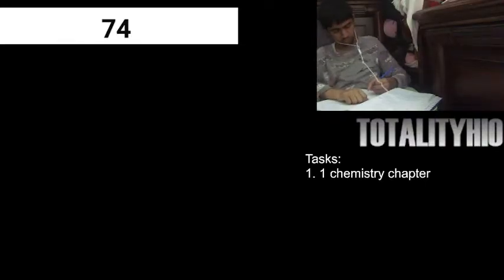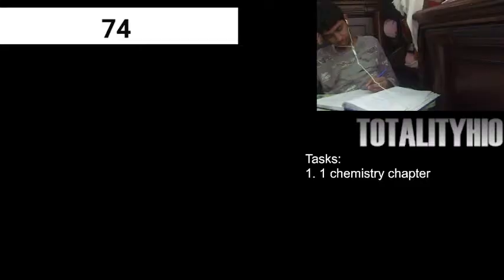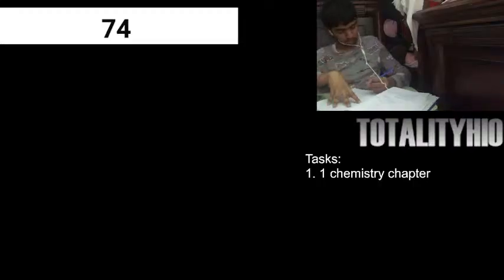Kp is equal to C raised to C, D raised to D, divided by A raised to A, B raised to B, with RT raised to the powers. This is B. Yep, this is B. Kp is equal to